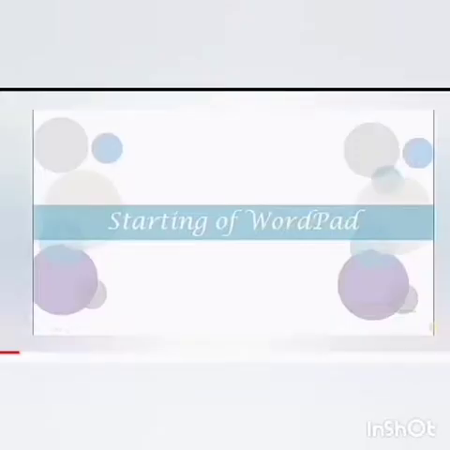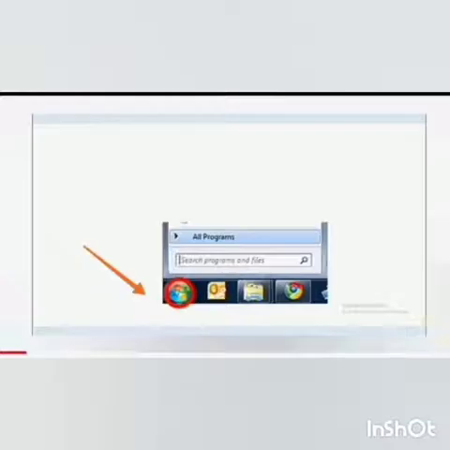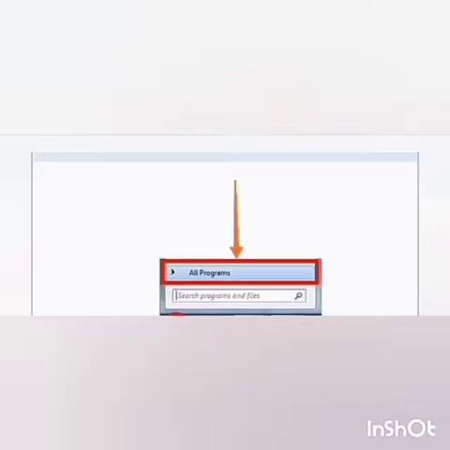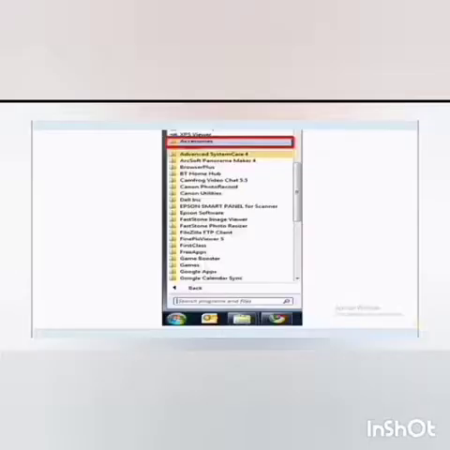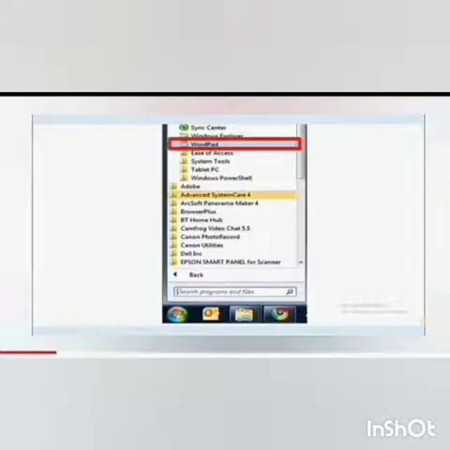Let's learn starting of WordPad window. For that, click on Start button. Choose All Programs. Then select Accessories. Now we can select the WordPad option from the list.